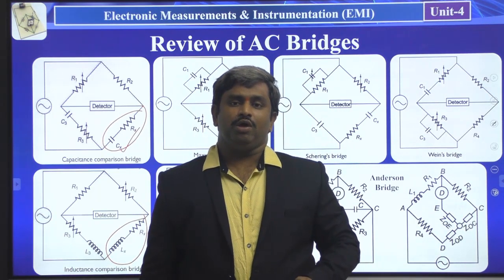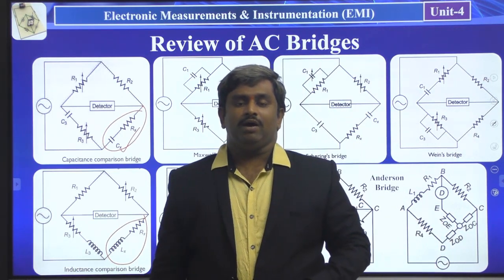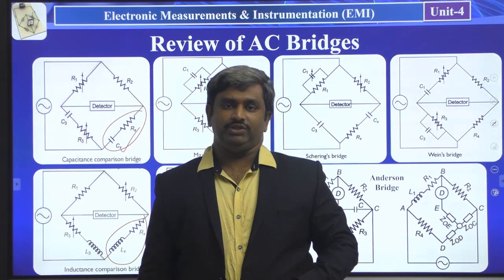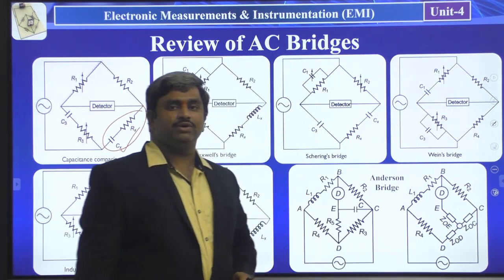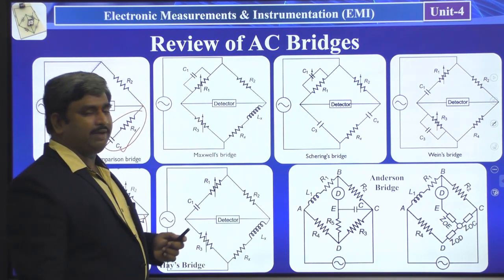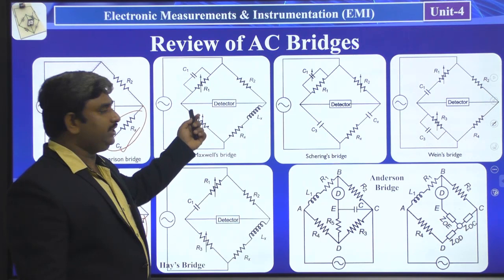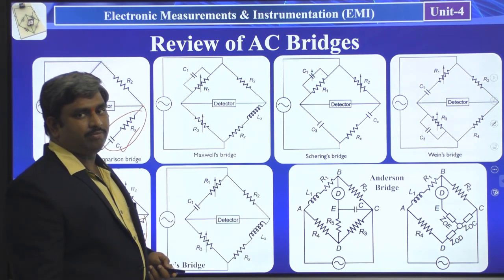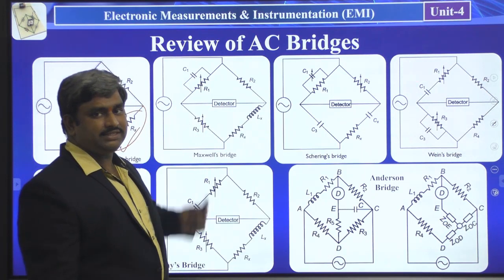So other than these 2, with more functionalities, in the upcoming days, some of the authors proposed Maxwell's bridge, Wien's bridge, Anderson's bridge, Hayes bridge, Schering bridge. These are the different types of bridges we have in the AC bridges category. So this is the Maxwell's bridge. With the help of this Maxwell bridge, we are measuring unknown inductance value. In this bridge, we have a RC parallel combination and a RL in the series combination, where we have measured the unknown inductance value with the known capacitance values.